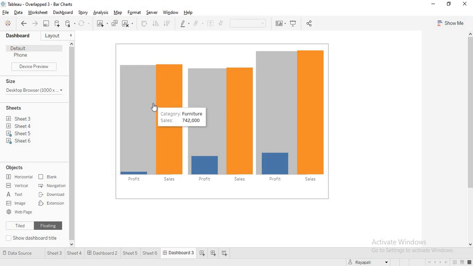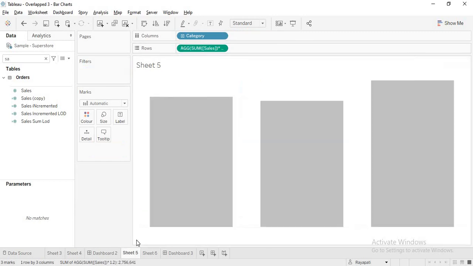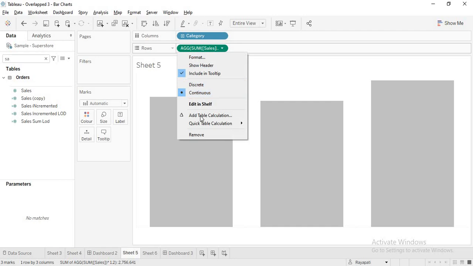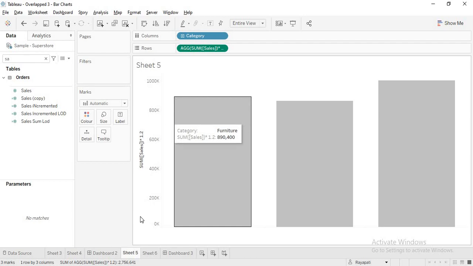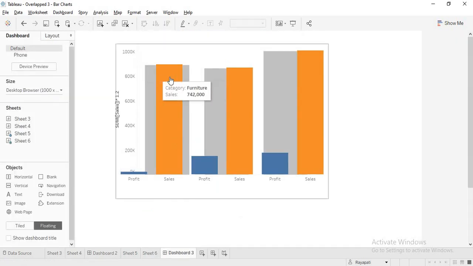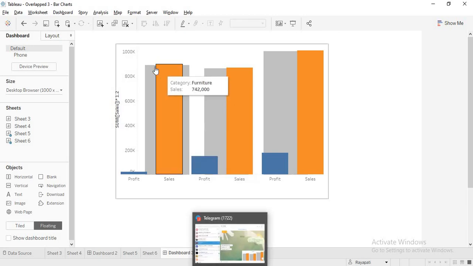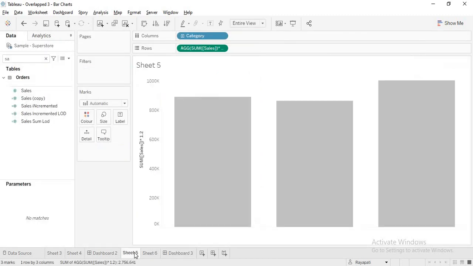Now if you come here and see, it is not showing any difference. Actually, the sale value is a bit higher. Let me show you, show header. Now the sale value is somewhere around 89400, but here this value is 74200. But when you come to your dashboard, both are being shown as the same. The height is showing as the same. But this is not right, right? Both of them should be on the same level.